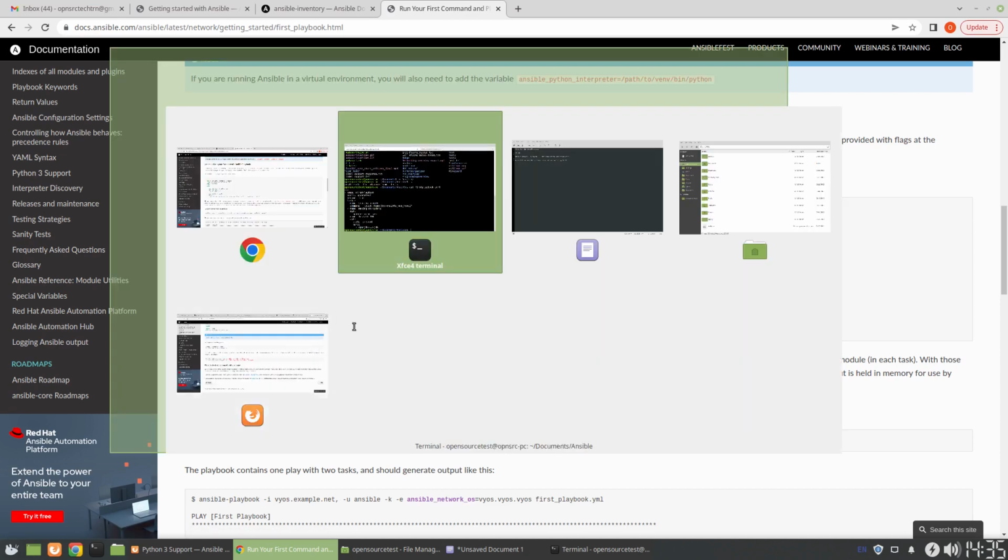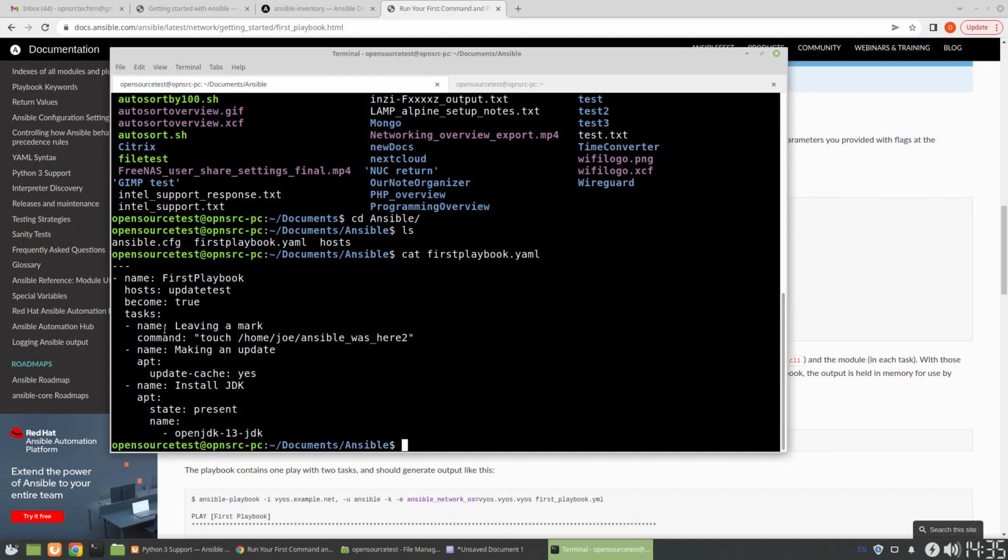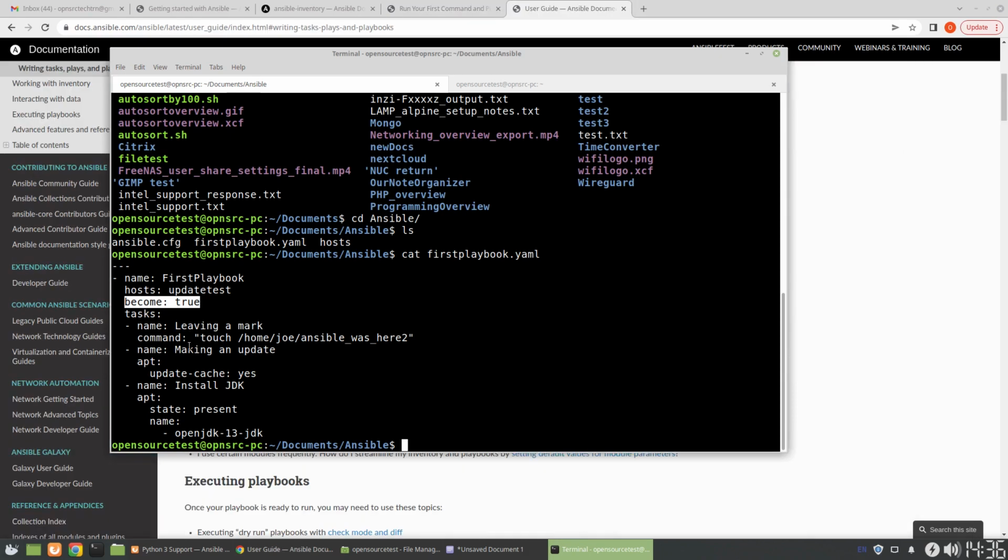What we're doing is we're running the playbook. So we have the name of the playbook. We're telling it which host we want it to look at. We use this command, become true. What it does is it elevates the privileges in Ansible, so it essentially allows you to run with sudo privileges. So when we run that, we're going to need to call a flag to do that. The short of it is that when you run the playbook, it is going to run the touch command. So we're just going to say